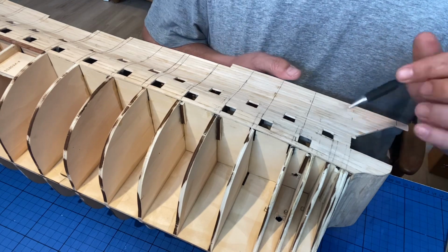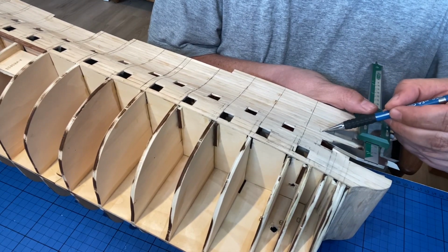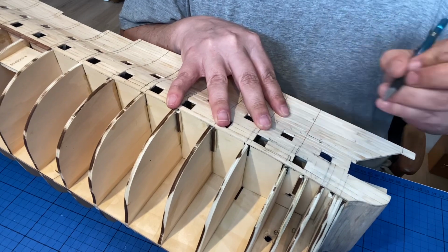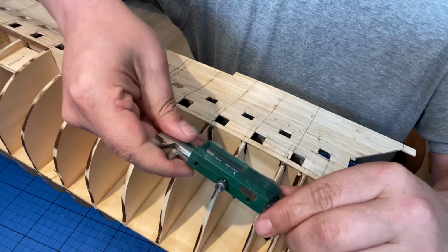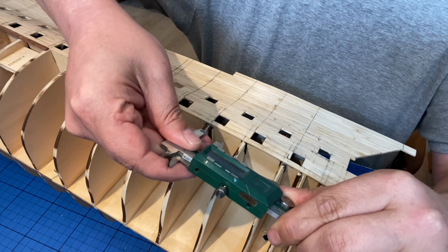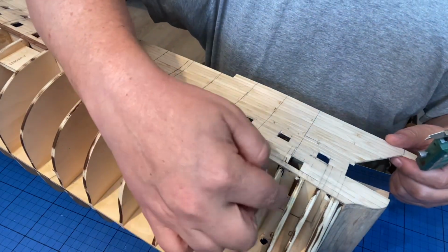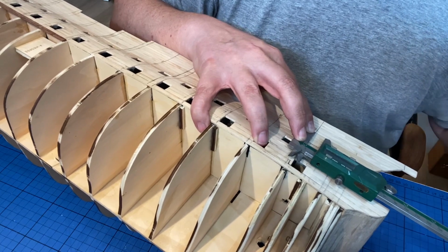So 15 up, that would be here on this frame here. So this would be the bottom of the cannon hole. This is the guideline frame. I'm just going to mark it with crosses so I know. And from this frame you take the caliper again and set it to 12 millimeters or 1.2 centimeters. Then you put the caliper up here against the line that I just marked that signals the side of this frame, and hold it up against that line